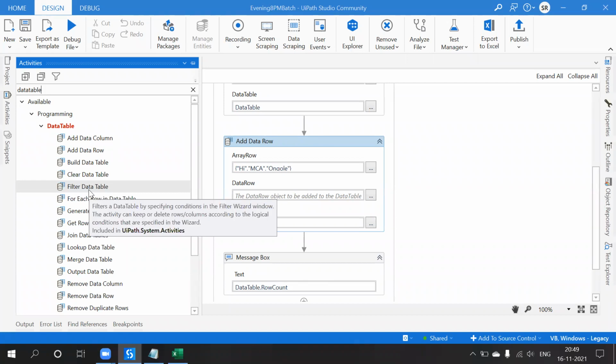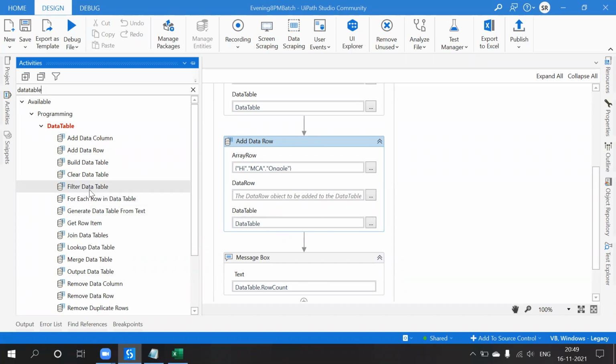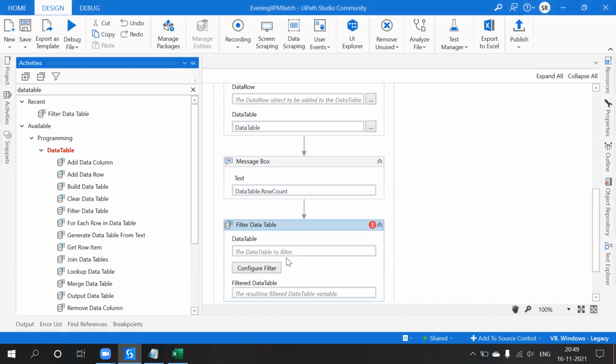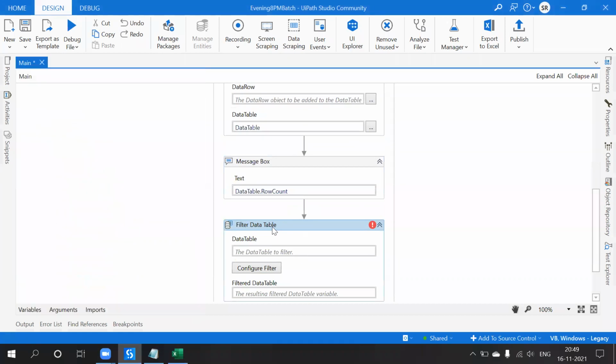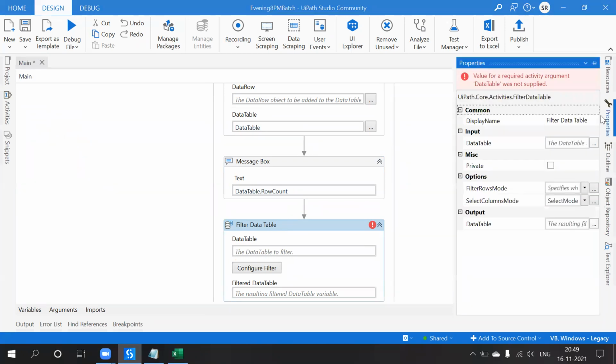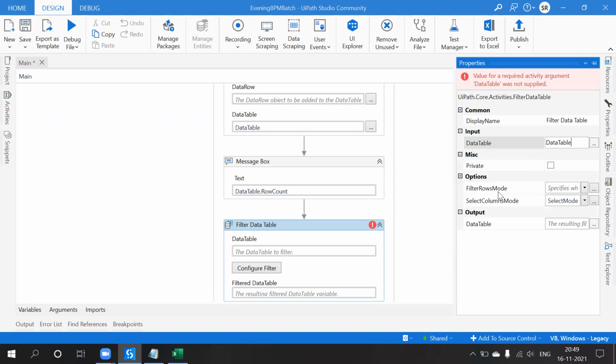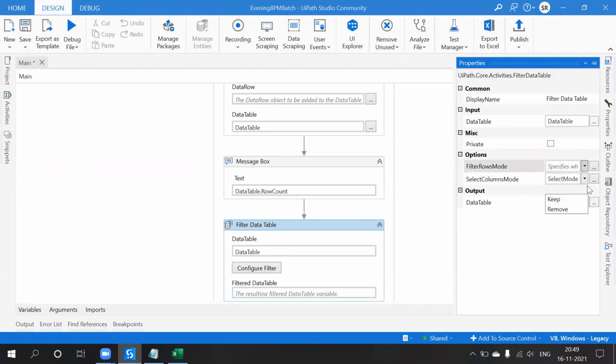And Filter Data Table, what properties is it expecting? The input is the data table, and filter rows mode, which is optional.